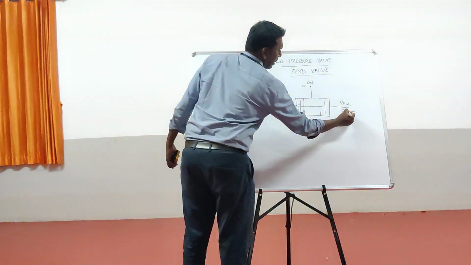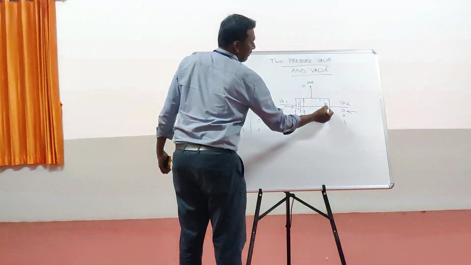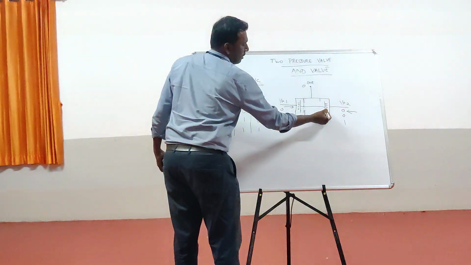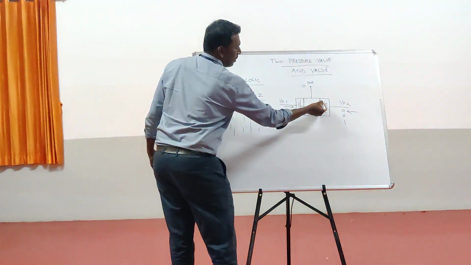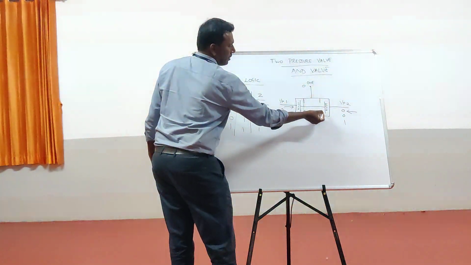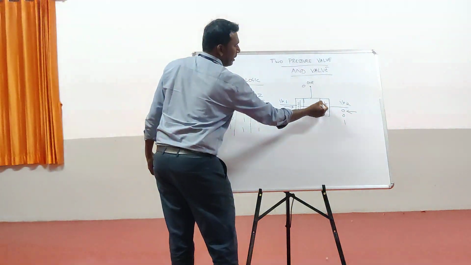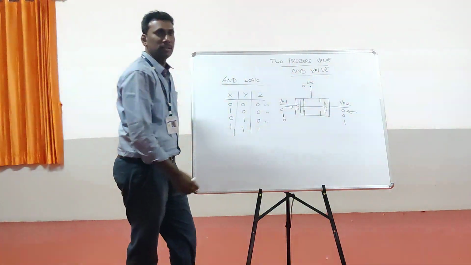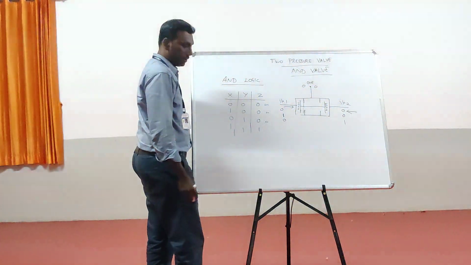Here only the fluid is supplied. The fluid will supply here. It will create more pressure and push this spool towards this block, and the spool blocks this. The spool will engage with this block and the fluid is not supplied towards the outlet. So the output here is also 0.